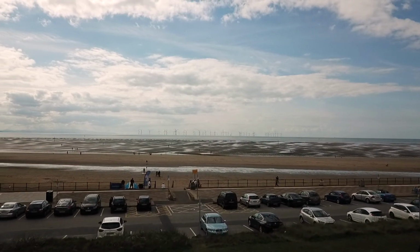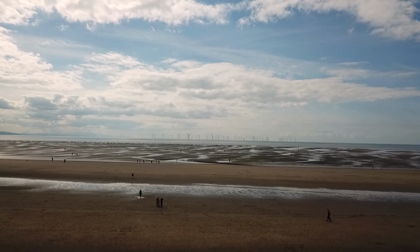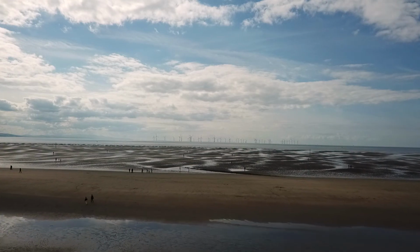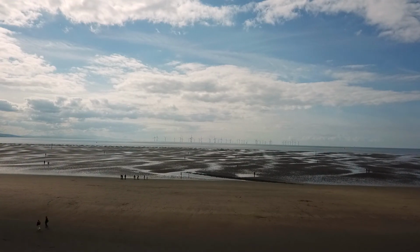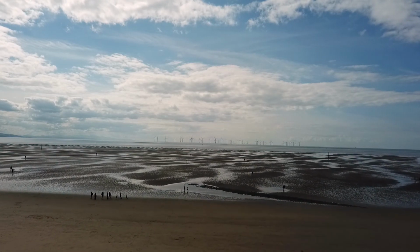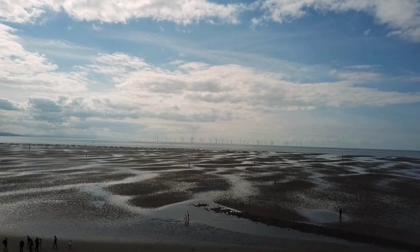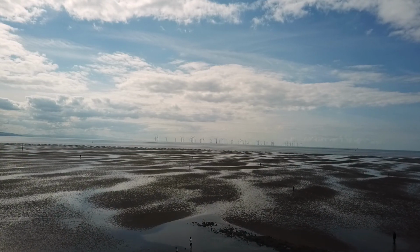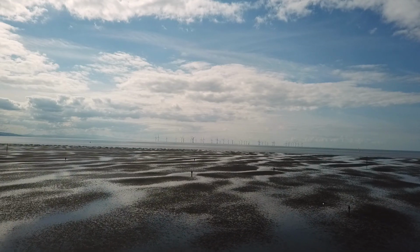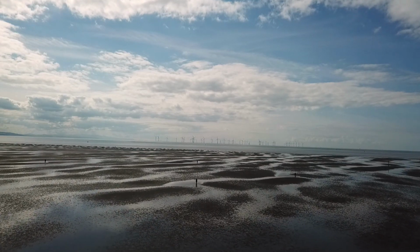Crosby Beach, Liverpool. I'm just taking off from the green and hopefully heading out towards those wind turbines. I don't realise how far they are out at this moment. They look pretty close, but as time goes on, I realised they were a little bit further than I thought, because the tide was out that day, as you can see,